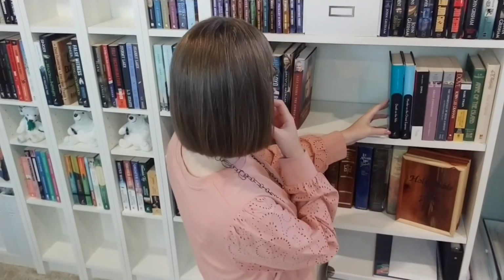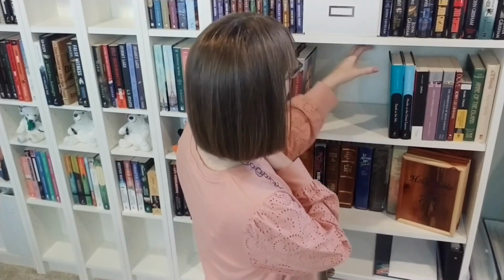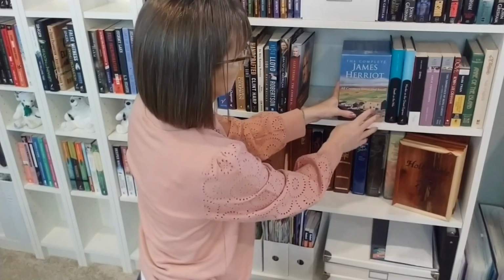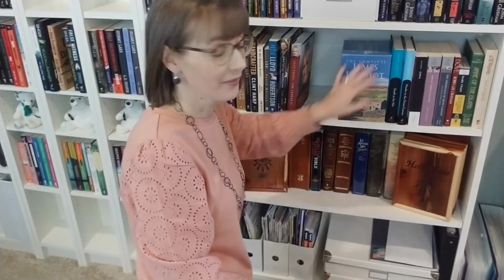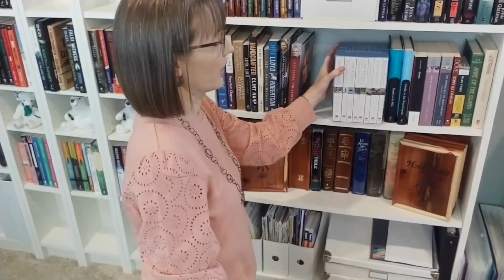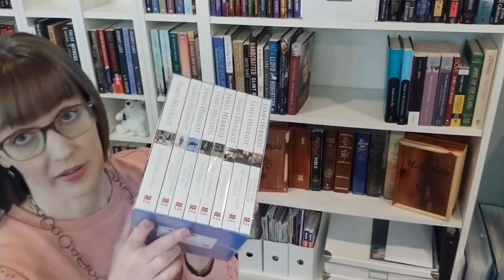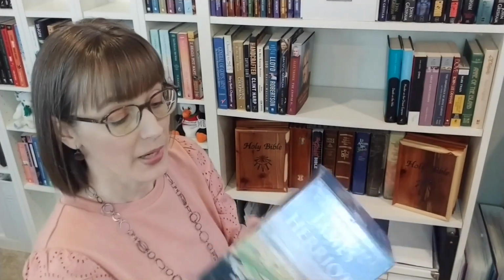Okay, so I feel like I need something here. Ooh. And do I keep it this way, or do I keep it this way where I can see it? However, I have a complaint about this box set. So it is books 1 to 8, okay? Sorry, I still have the plastic on it, so reflection. But when I looked up the order of the books,